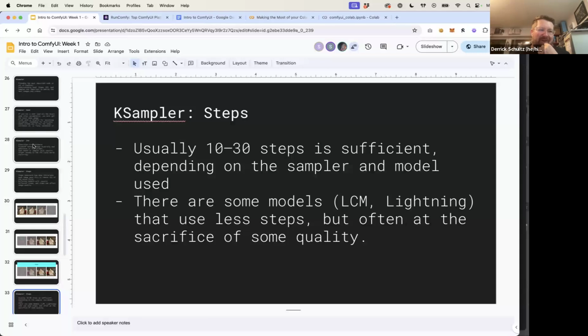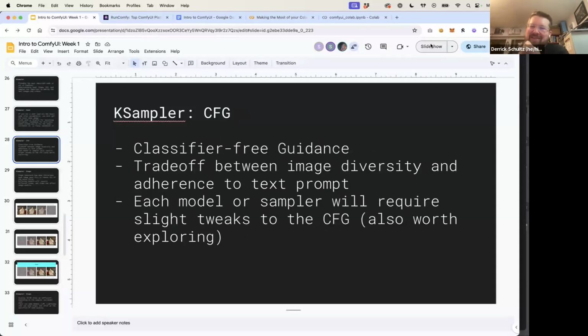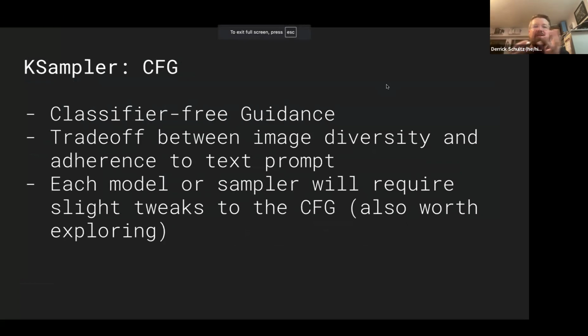CFG. Oh man, I don't even know. So CFG is our next parameter. It is a thing called classifier-free guidance. There are whole white papers written about how this works and how it helps things. This is basically text prompting. So CFG allows you to feed in a classifier-free, meaning there are no labels attached to these things, to generate an image.